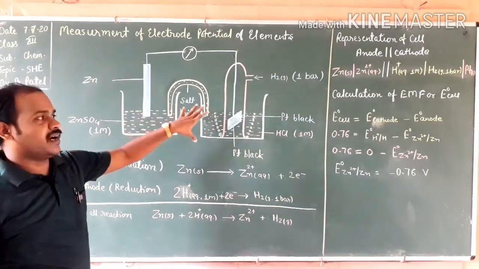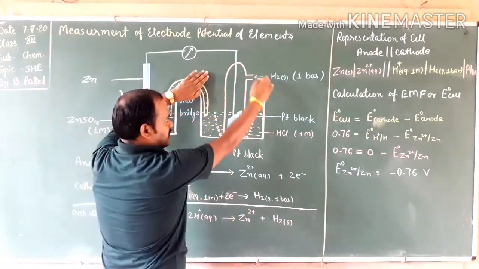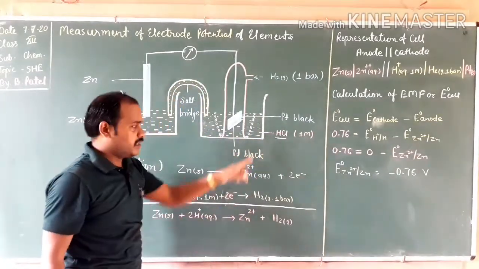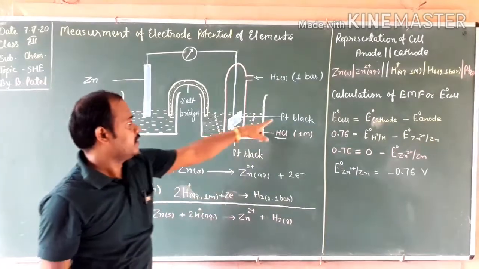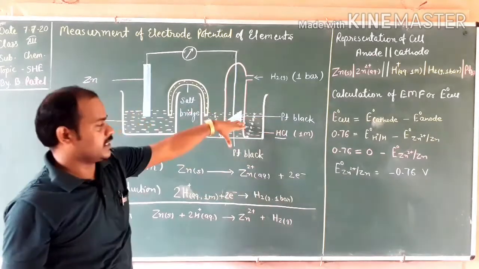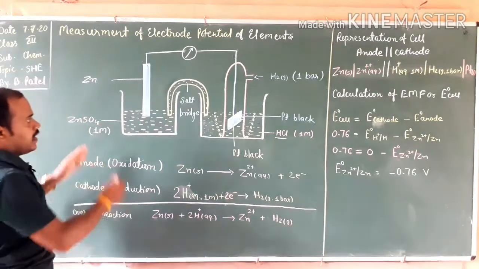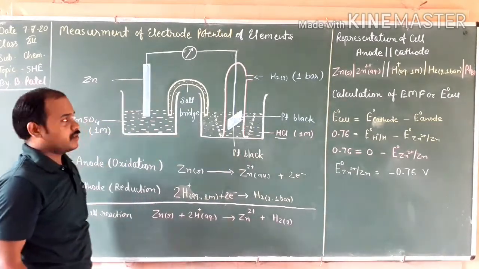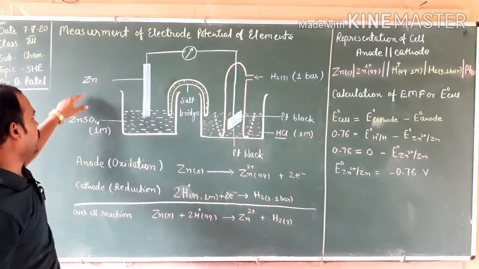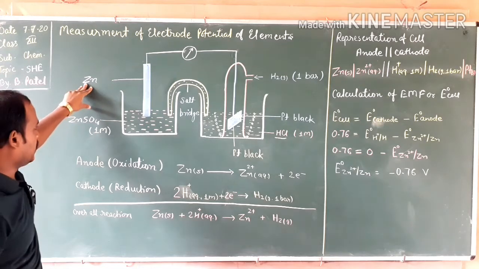We will set the half cell like this. First see the structure. This is a standard hydrogen electrode, in which we can take HCl or any H plus solution. The molarity is 1 mole per liter. Hydrogen gas is adsorbed on platinum black, at pressure 1 bar. So this is the standard hydrogen electrode. Second, we are going to take the element for which we will calculate the electrode potential. Let's take an example. We are going to calculate the electrode potential of zinc. Then what will we do?